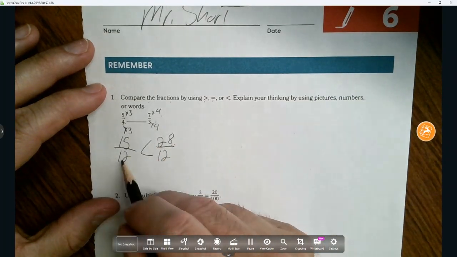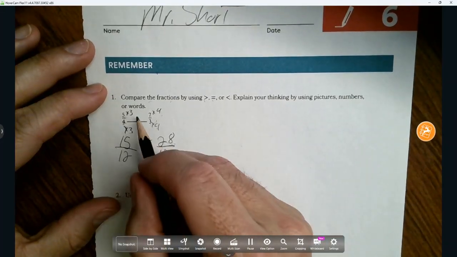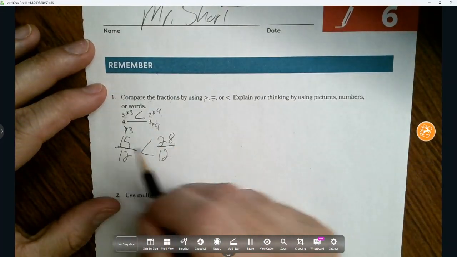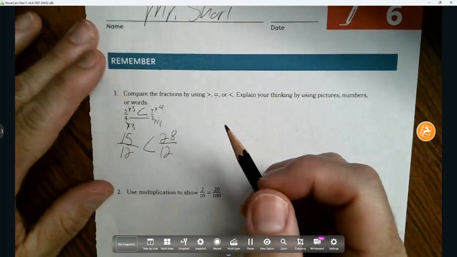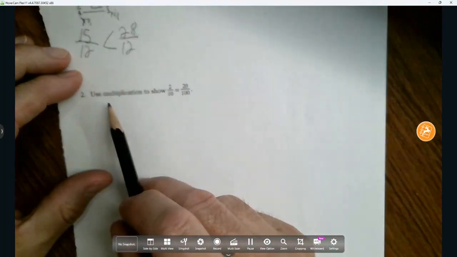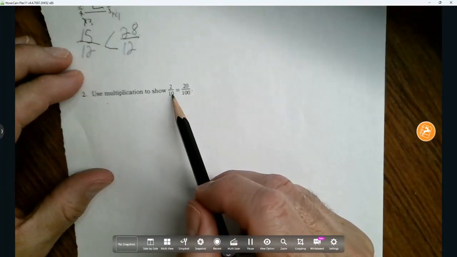So which one is bigger? 28. Because when the bottom number is the same, the bigger number will be the number on top, right? Whichever one's bigger on top. All right. This one says use multiplication to show how 2 tenths equals